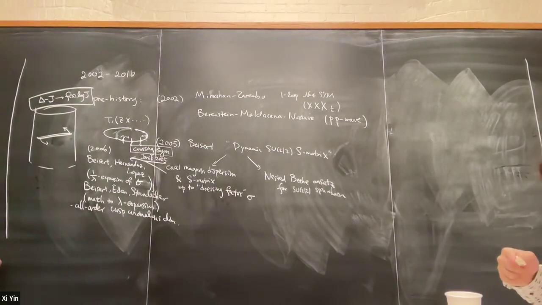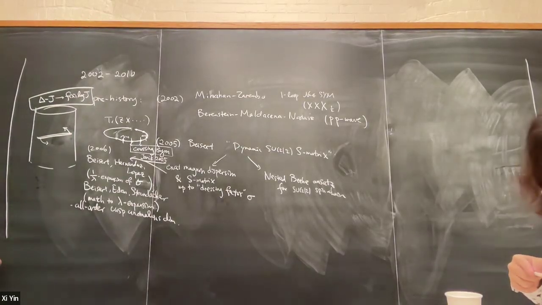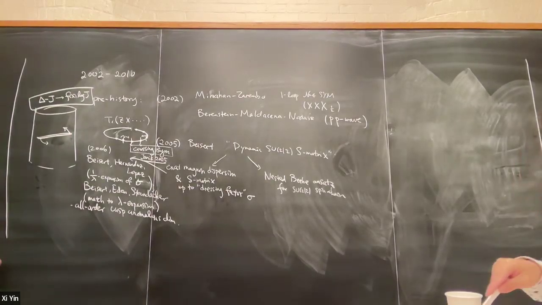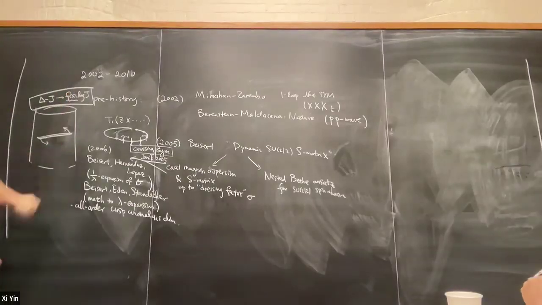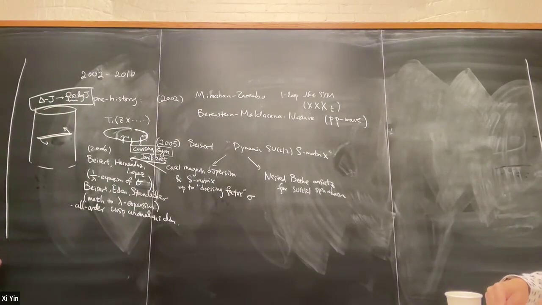But this is also well known in the study of gauge theory. It goes back to deep inelastic scattering. You can even find it in Weinberg volume 2. You can see the log J, of course. But Weinberg doesn't actually talk about the large spin limit, but the formula is there based on the one-loop calculation. So it's a very universal thing. But the point is that this coefficient, which you would calculate from Nambu-Goto in the strong coupling limit, Beisert-Eden-Staudacher got the exact result.